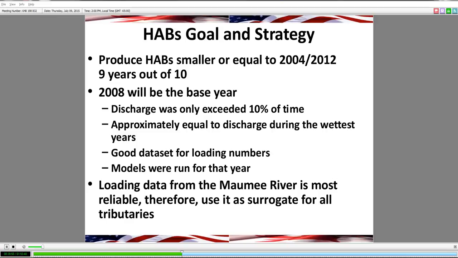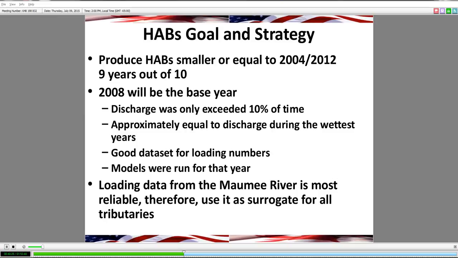We chose the Maumee, or used the Maumee, again, as indicated by Tinka, because it was the most reliable data, and it's a great surrogate for the other tributaries. When we look at the blooms themselves, we can see that they can accurately be forecast. This is what Rick Stump does, what Joe DePinto does. We can actually accurately forecast the severity of the blooms based on the spring load, 1 March to 31 July,